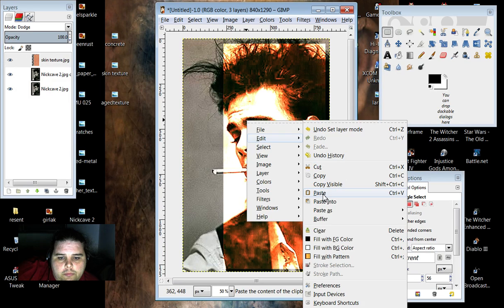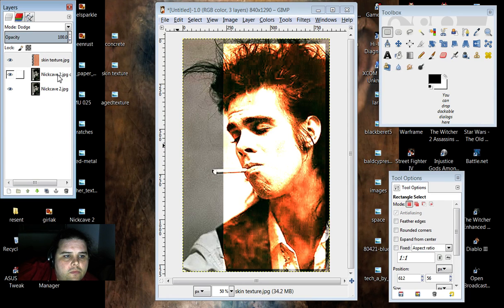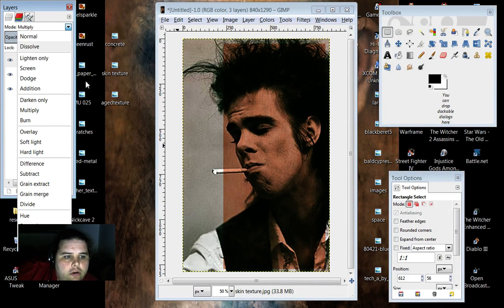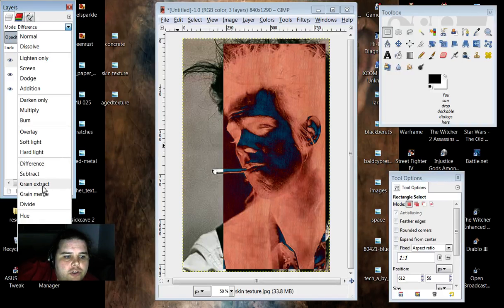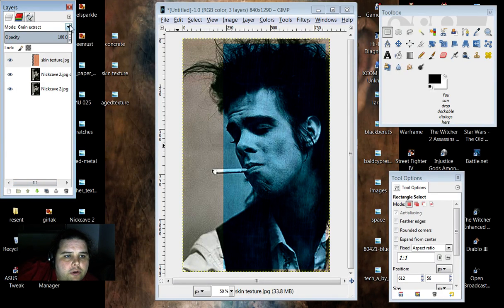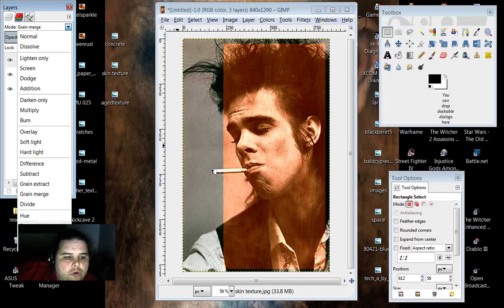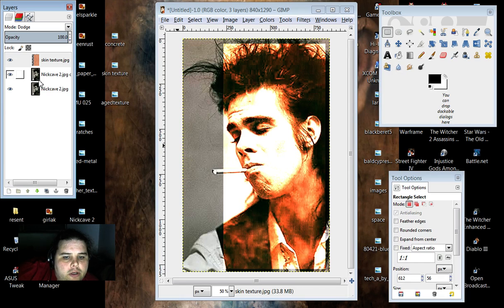Edit, paste. Let's see. See if we do multiply. That's too dark. Let's see difference. Whoa. Let's see grain extract. Nope. And grain merge. Oh. Color. I don't like that color. Let's go back to dodge. That's good. What we're going to do is come in here